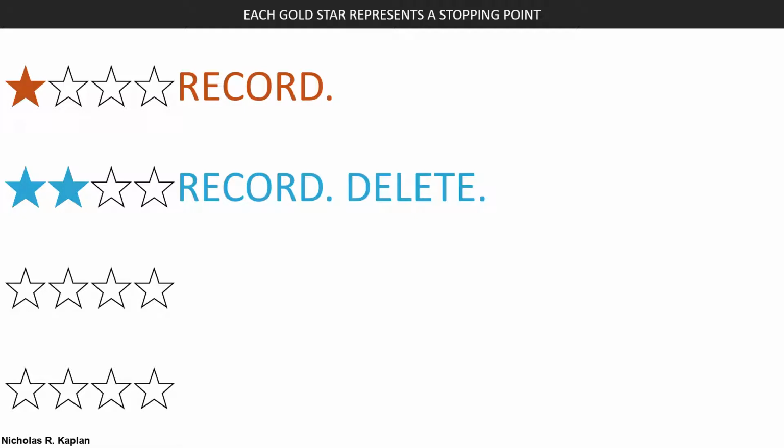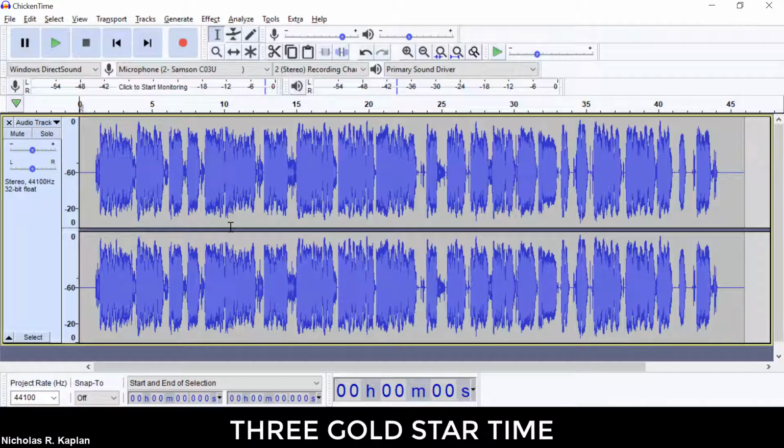I actually think for a lot of us, that's exactly where we could stay. I'd really like to see everybody get to 3 gold stars. And so we're going to do 2 additional features. The first one is we're going to split it into individual pieces so we can insert some extra spaces. So I'd like to put 2 seconds in between each of the famous people speaking. So let me find where the first person speaks.